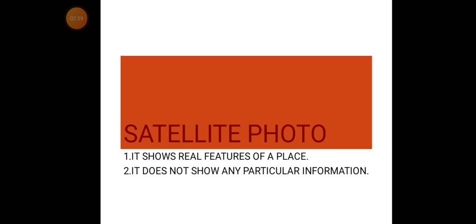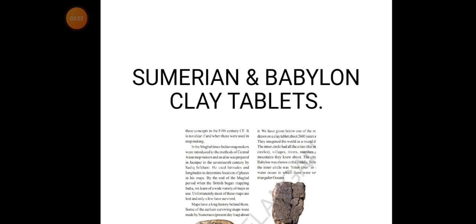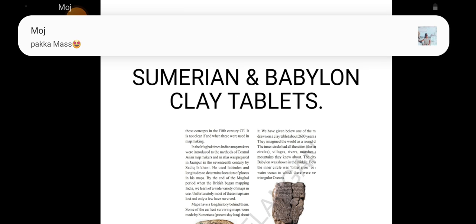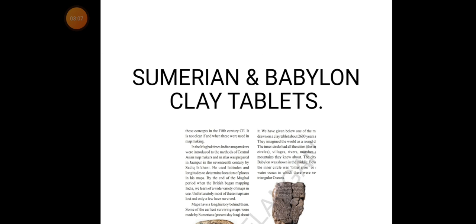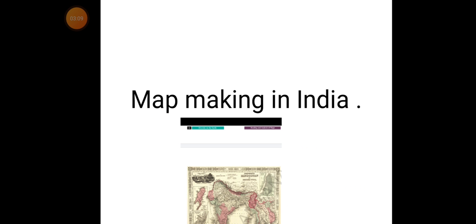tablets of the Sumerians. The early map makers in the world are the Sumerians and the Babylonians, in present day Iraq. And we have also seen that throughout the world, the person who makes the map is called a geographer. They traveled from one place to another and made pictures drawn about the map. A map is a picture of a place drawn on a flat paper.